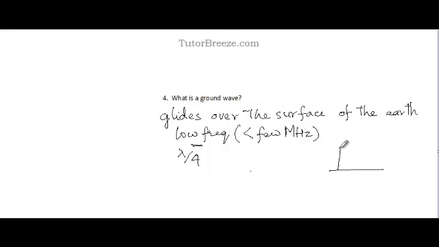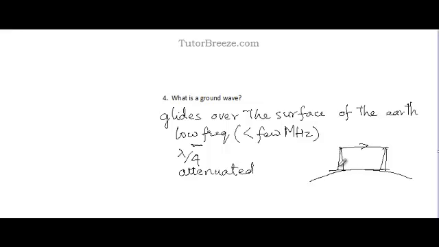And say this is the transmitting antenna and this is the receiver over here. And this is the surface of the earth, which is actually a little curved. So the ground waves will travel like this along the surface of the earth. Now these waves cannot actually travel too far, because as they travel over the surface of the earth, a current is induced in the surface of the earth. So these waves get attenuated, which means that they lose their energy.